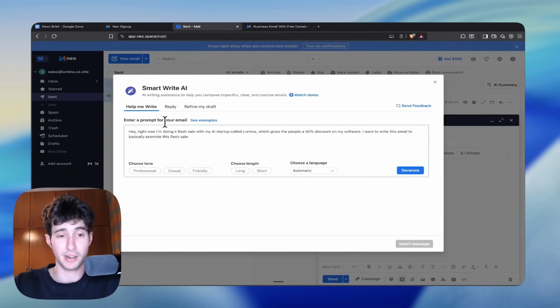Now that we described that, we have a bunch of options over here at the bottom. We can choose the tone of this email. For example, we can have this be professional, casual, or friendly. I will select professional. We can also choose the length. I will do a short email since I have found myself that short emails perform better than super long ones. And then for the language, I will come here and select English,